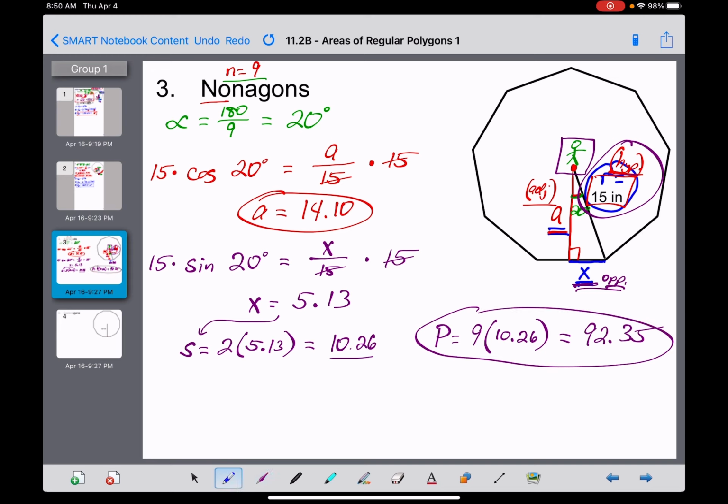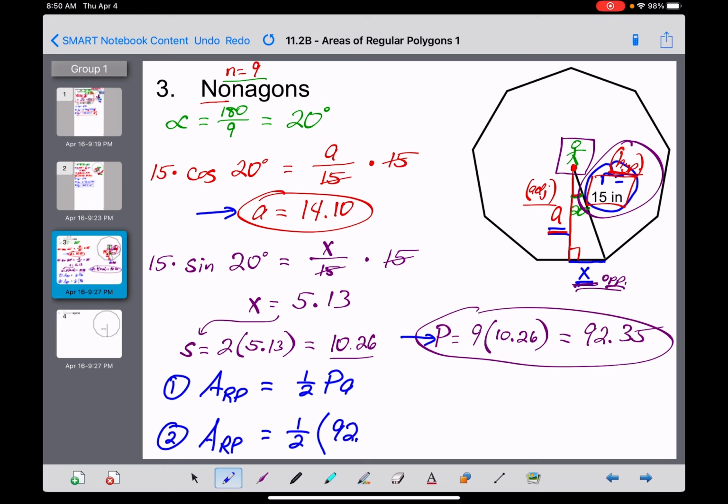So where are we right now, guys? We know the apothem, we know the perimeter. Those are the two things we need to go to our area formula. So area of a regular polygon, 1/2 times perimeter times apothem. Step 2, fill in what you know. Area of that polygon is 1/2. The perimeter, which unfortunately is rounded, but I got to deal with it, is 92.35. And the apothem, again, this is approximate, is